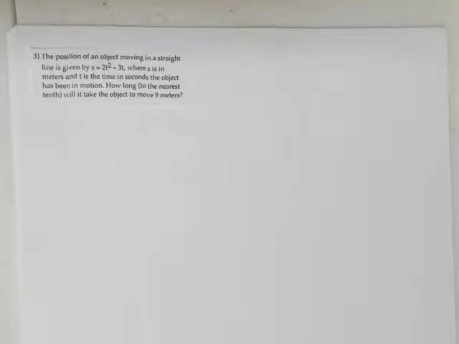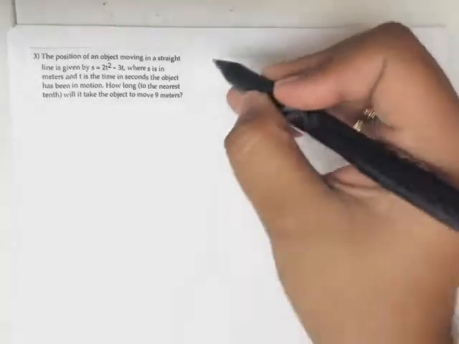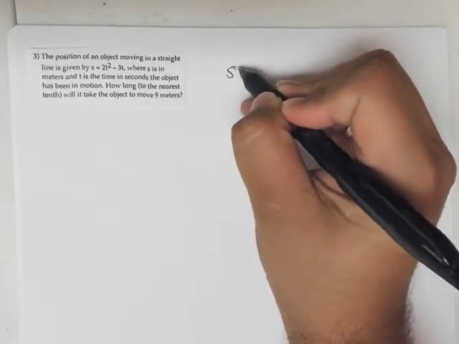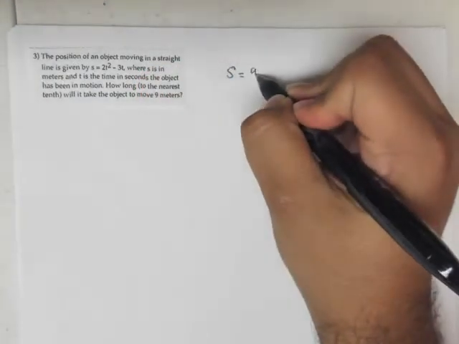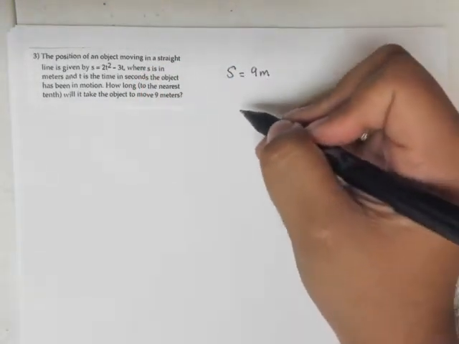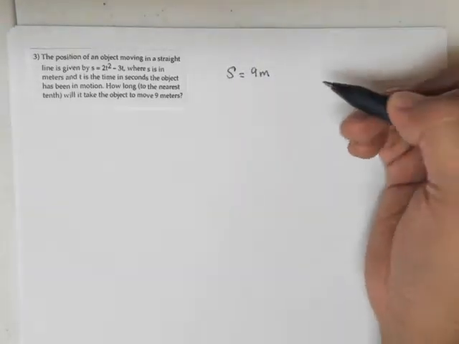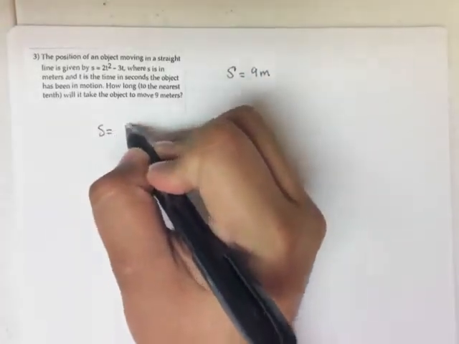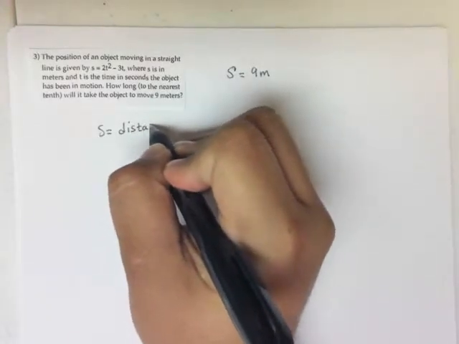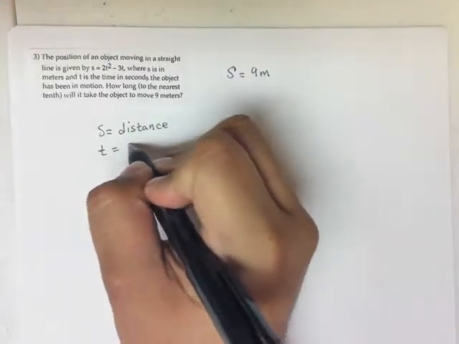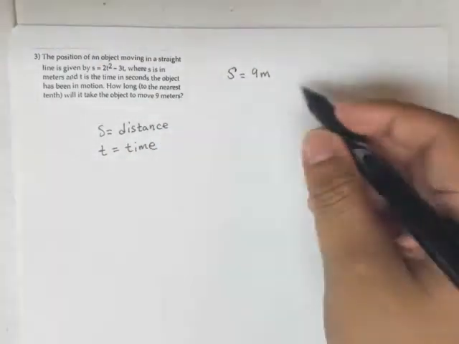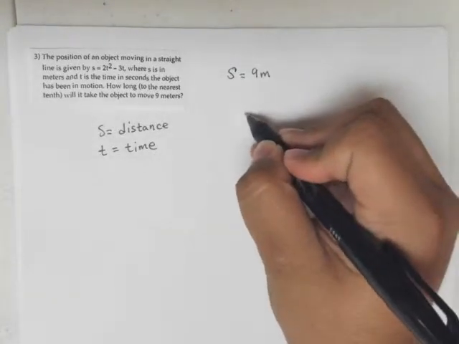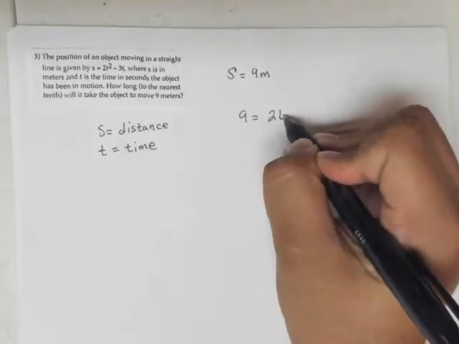Okay, so we know that the distance we're trying to go is 9 meters. So what they're telling us in essence is that s, the position, is 9 meters. M for meters, that's an S. So S equals the distance and T equals the time. Okay, so we are trying to go 9 meters, and we're going to set that equal to our equation, 2t